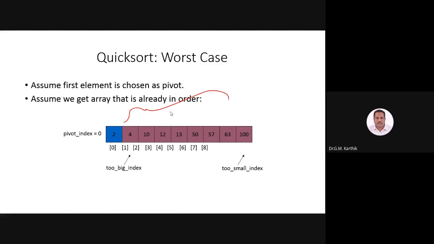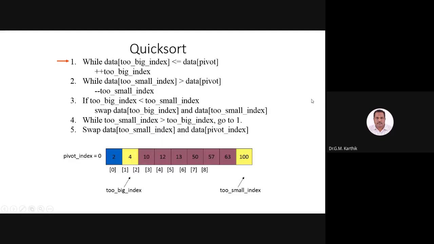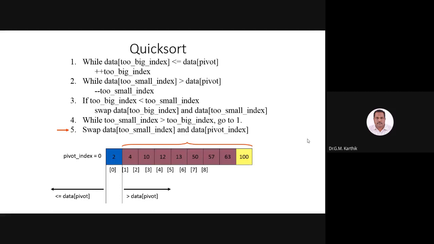Okay, so you will be carrying out with only one subarray and it will be recursively called again and again. So you can see here it works like this, and 2 will be made as 1. Then when the next step comes, 4 will be the merge, 10 will be made as a pivot element, 12 will be made as a pivot element, and it goes on with one end of the list. So this is the worst case scenario for the quicksort analysis.